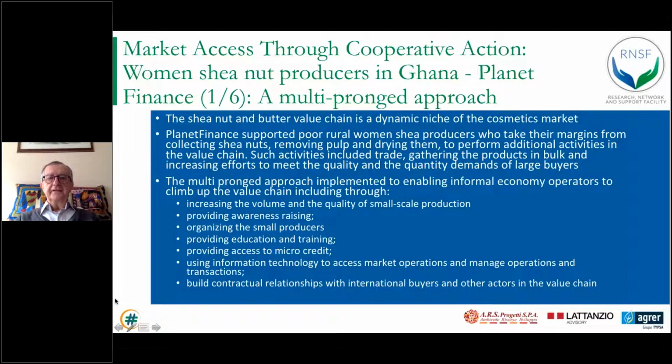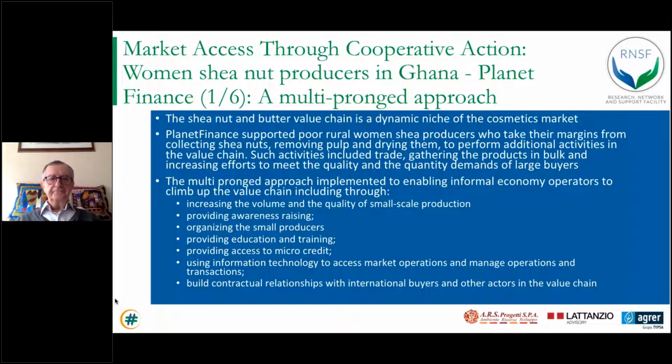So Planet Finance supported poorer women shea producers, who take their margins from collecting shea nuts, removing the pulp and drying them, to perform additional activities in the value chain. Such activities included trade, gathering the products in bulk, and increasing efforts to meet the quality and quantity demands